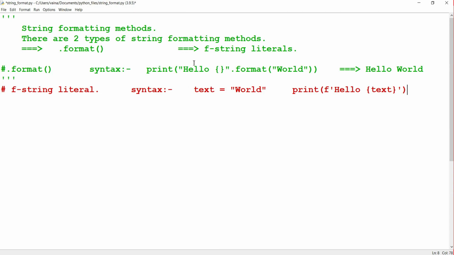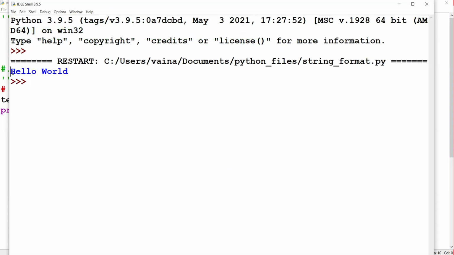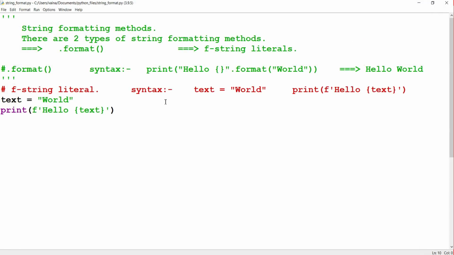Let's look at an example. I just copy it and paste it on a new line. When we run this, we get hello world. Here the text is placed inside the placeholder.